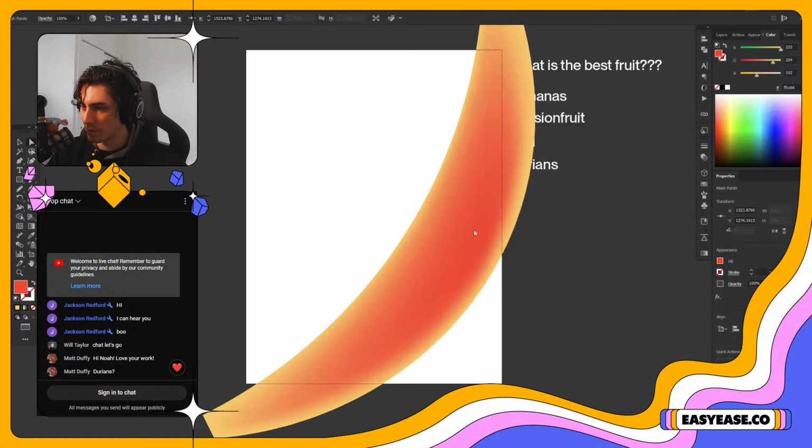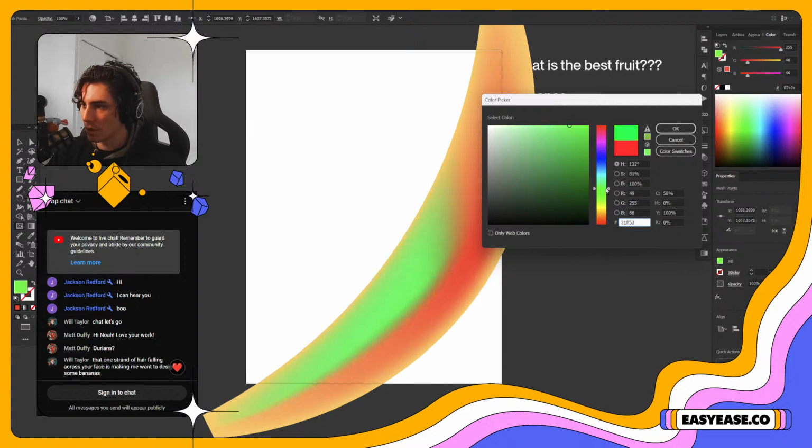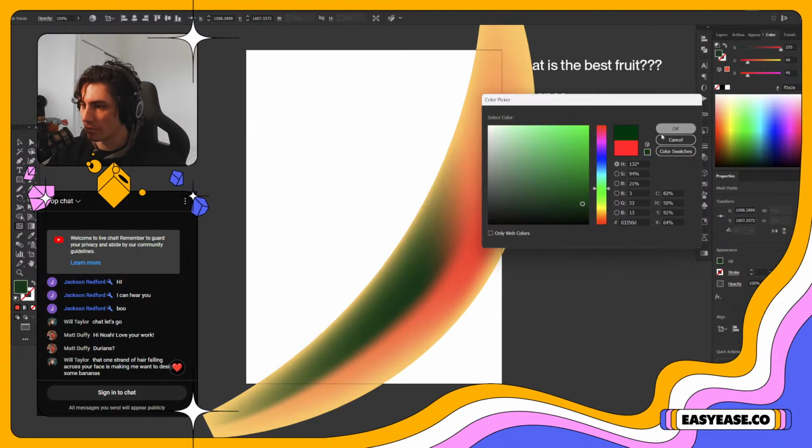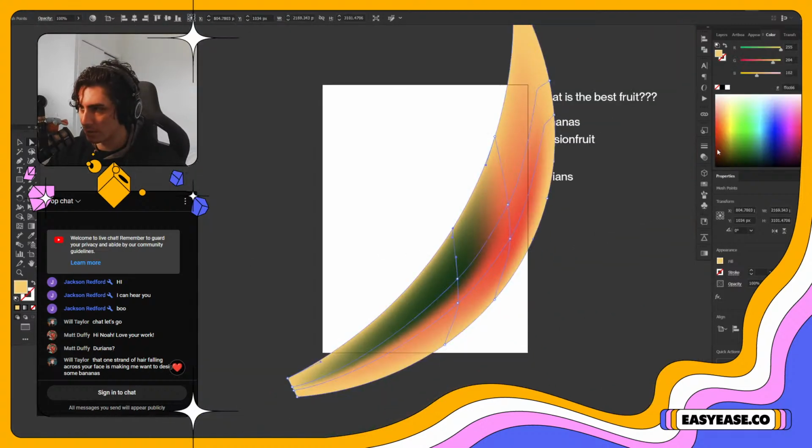Maybe this banana is multicolored. I do want to use a dark green somewhere. I'm gonna have to fix how it's talking to all these other colors because right now it's yucky.